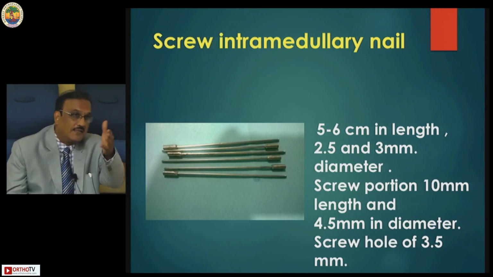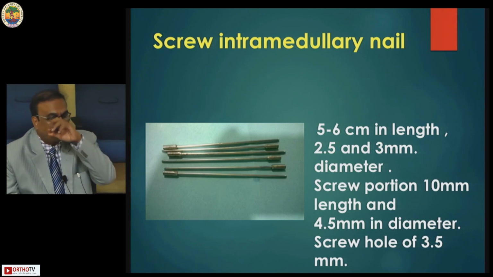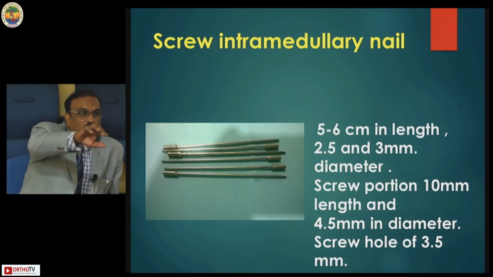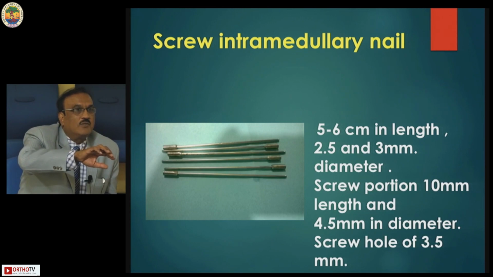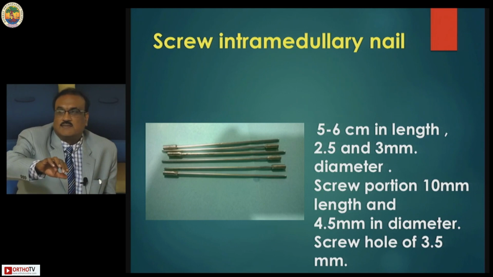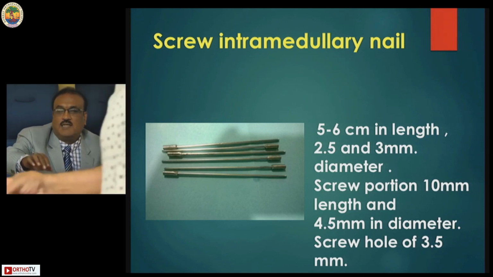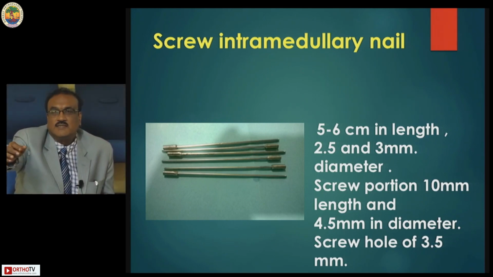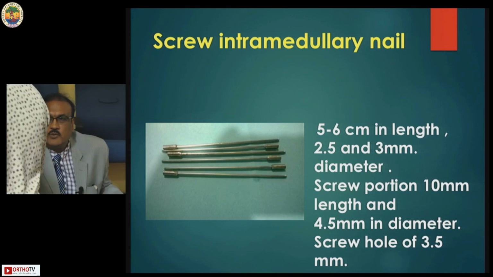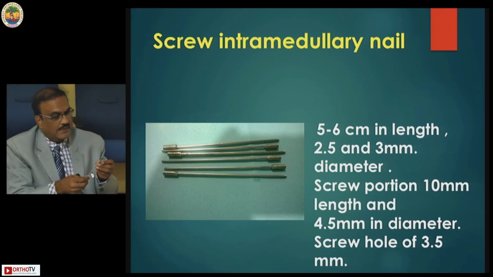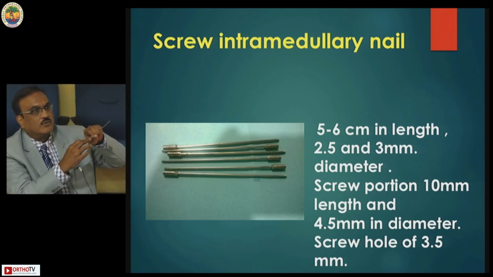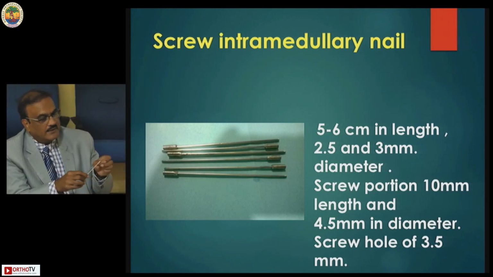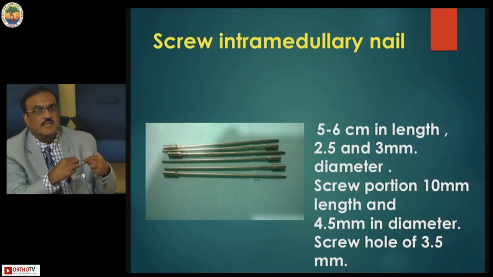I have a nail, Doctor, please show. This I used mostly for the forearm, and actually I have done more than 200 cases of forearm fracture, so why not apply this same. So this is how the nail is, it is made up of both steel as well as elastic, and you have the screw end and you can screw it like this. So I will show you the video also, and this is malleable, it can go here and there,